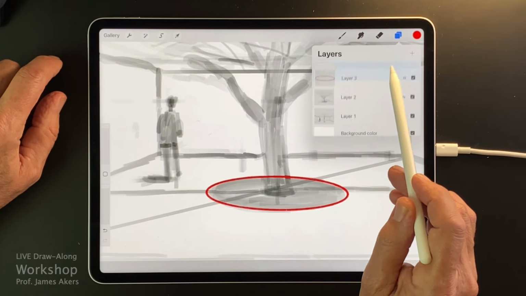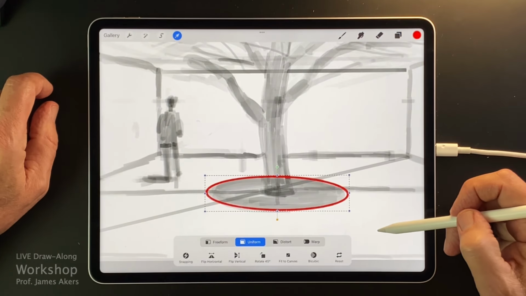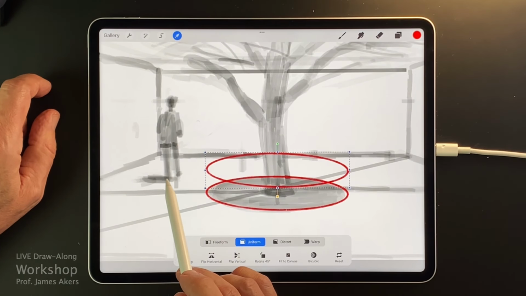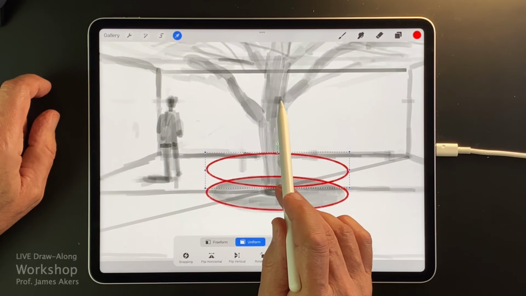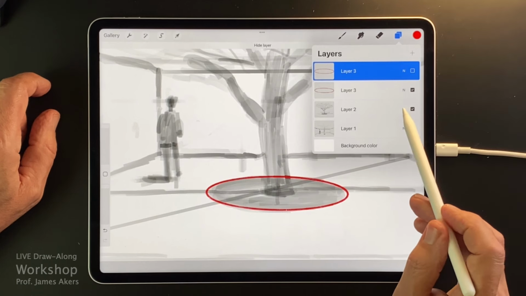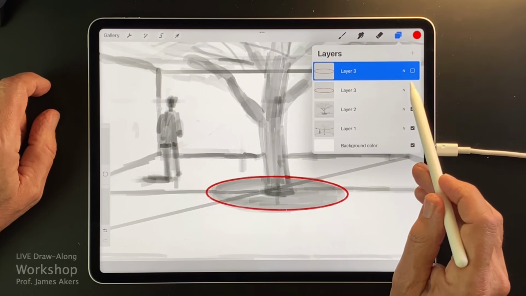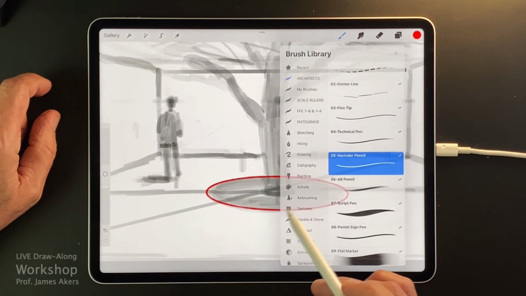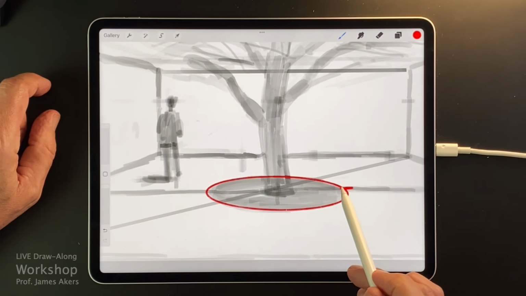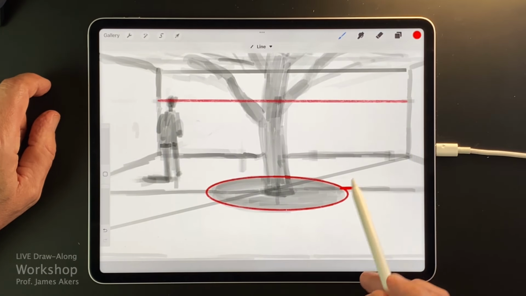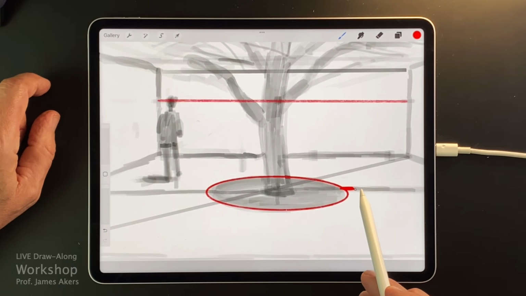Now I'm going to duplicate this, and I'm going to move the duplicate up, and I'm going to estimate. Remember, my person is standing here. This is my 5-foot line, my 5-foot horizon. So I guess I'm going to turn this off for a second, and I'll go back to that original marking, that original ellipse, and just to quickly review this idea that here's your 5-foot horizon, and here is the ground, the place on the ground where we want to estimate a proportion.